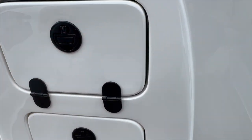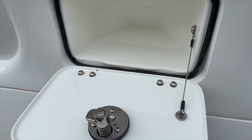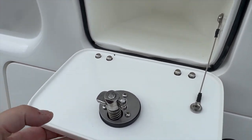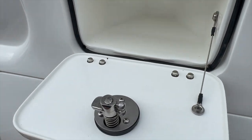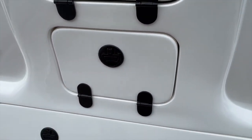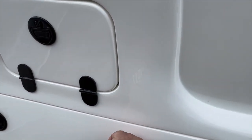You've got nice rubber seals on these as well. The lower one here, just a storage compartment, nothing in there, but again, great for wallets or whatever you want to put in there, just making use of the space really. Again, all these latches, nice quality stainless steel, finished with the black finish on here, looks really smart, really nicely done. As I open the lower one,